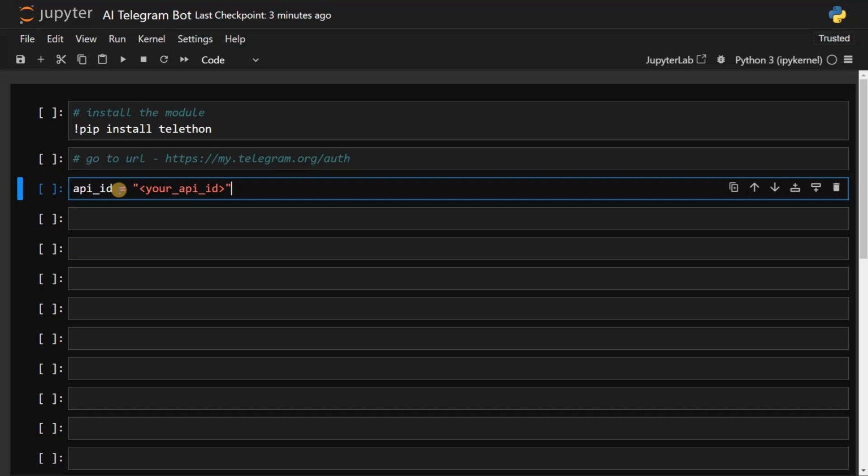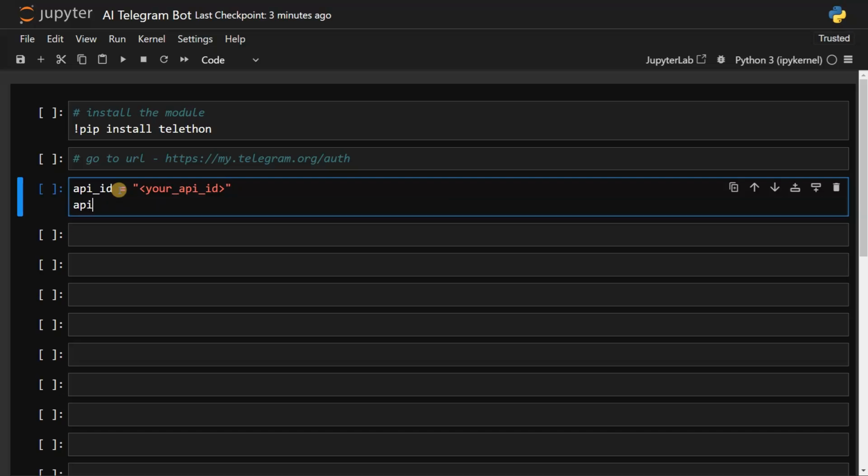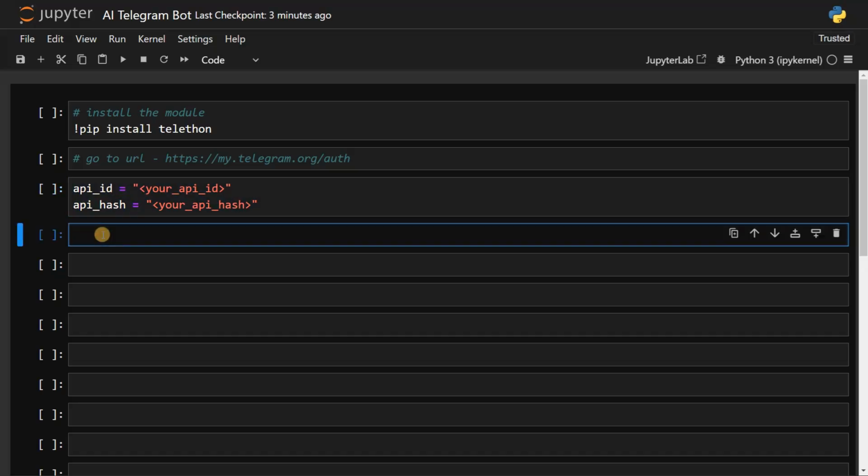You just fill your API ID here, and for API hash, you do the same. Your API hash. Okay, once you've got this, you can run this, and after that you also need to get a bot token. Bot token equals